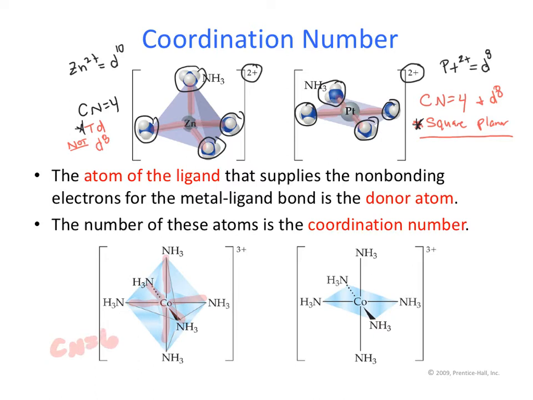And same here. Another way of drawing this, giving us a coordination number of 6, which tells us we do have that octahedral shape. So if we have a coordination number of 6, the only shape or geometry we have is indeed octahedral. So the importance of this lecture slide: we're introducing again our coordination number, we're introducing the donor atom, and going from a coordination number to a geometry.